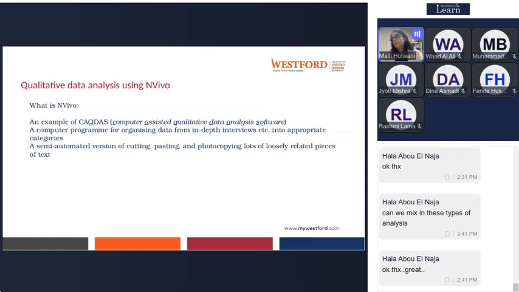Right. So one of you asked how we are going to do that. One of the data analysis tools that you can use is software called NVivo. You can download the trial version and use it for analyzing your data. You'll have to put your script in that, right? You will have to put in the categories of codes, and NVivo will help you develop some categories and thematic analysis. You have to give it instructions in NVivo, and then you can do your qualitative data analysis.